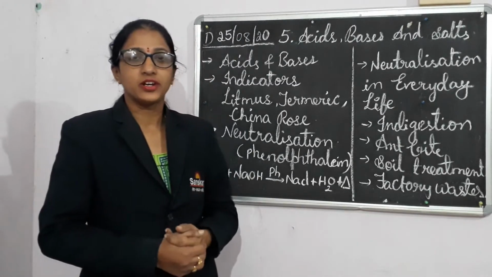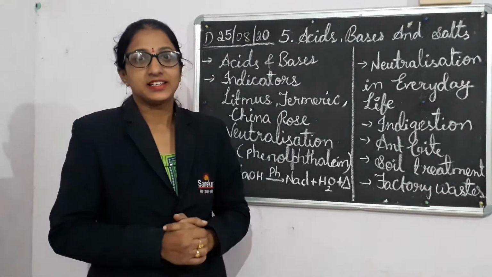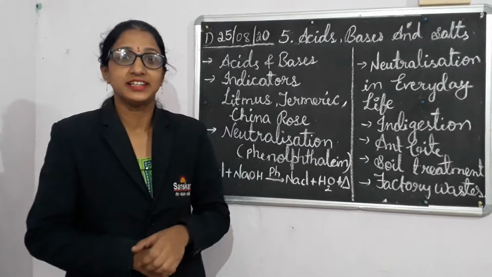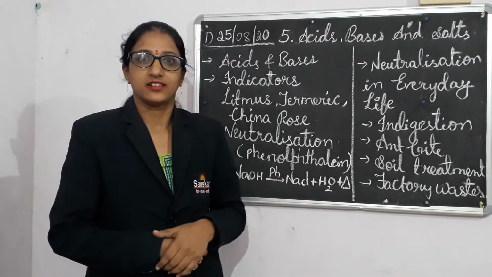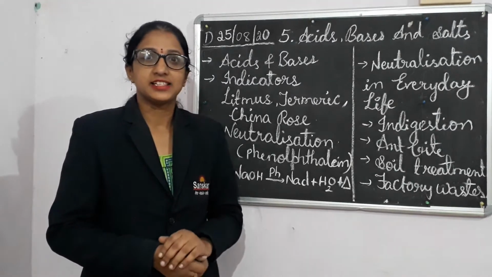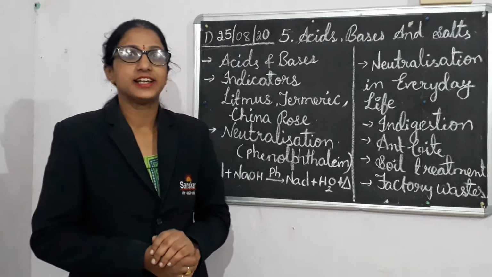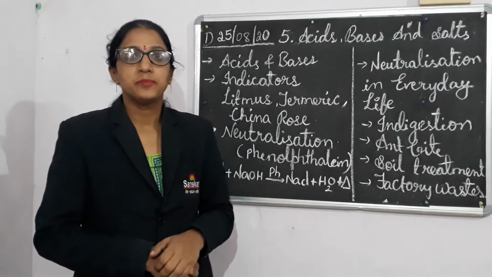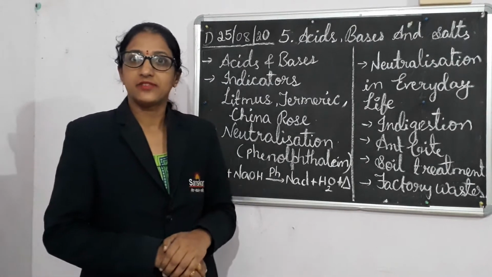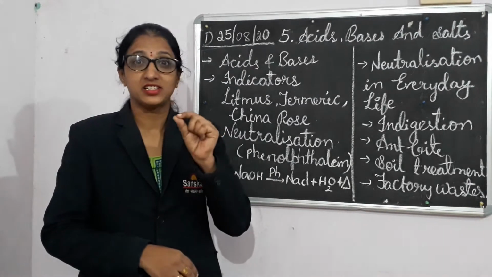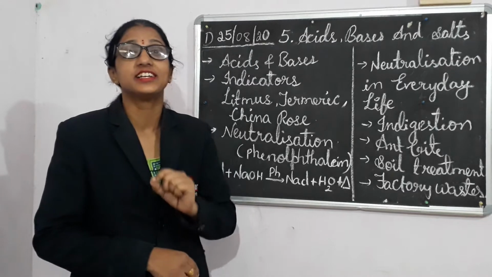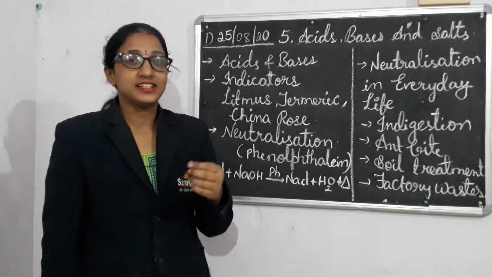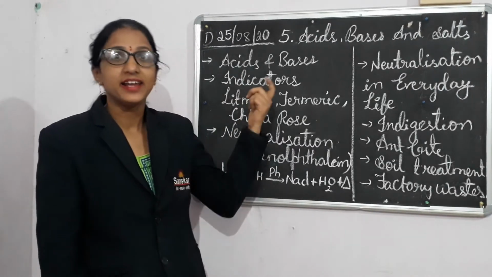If we want to test the acidic or basic nature of a given substance, and it is a food item, then we can test it with our tongue. If the given substance is sour in taste, then we can say it is an acid. If it is bitter in taste, then you can say it is a base. And one more test is there for a base: if by touching you feel soapy, then you can say it is a basic compound. So, if it is in food, then we can test it by tongue.